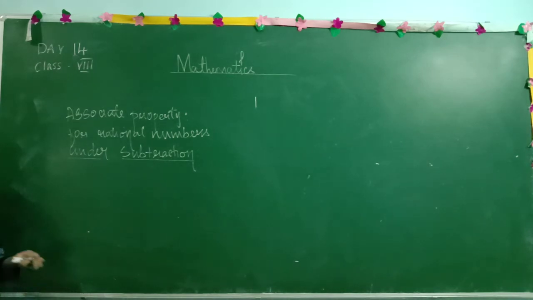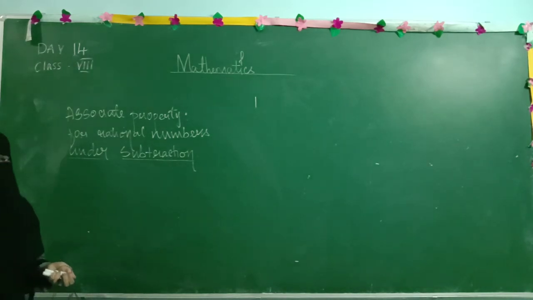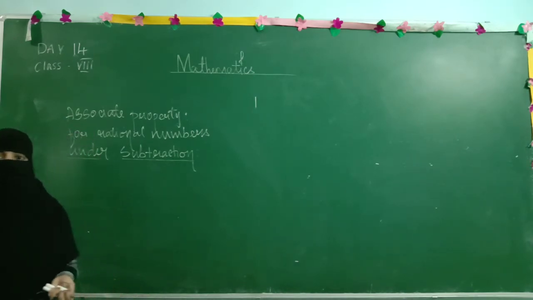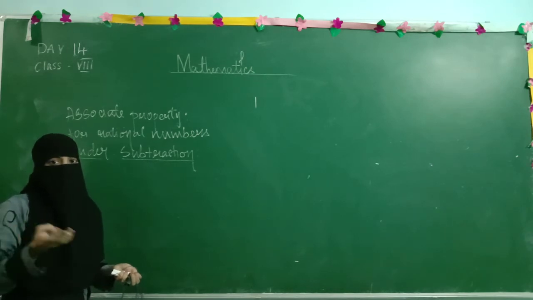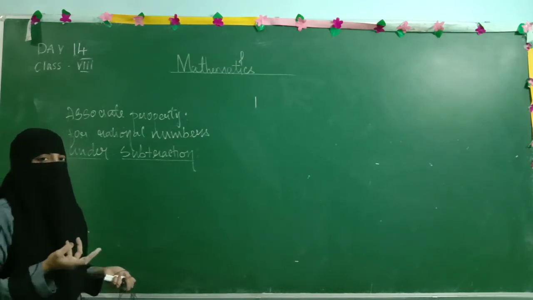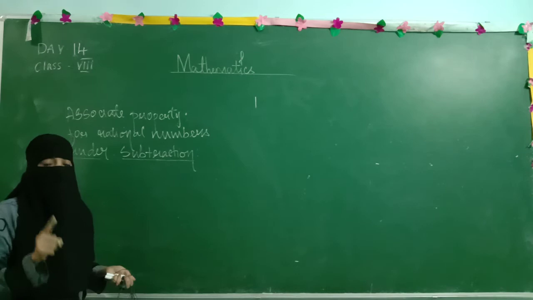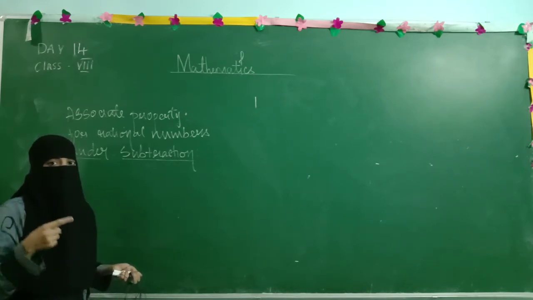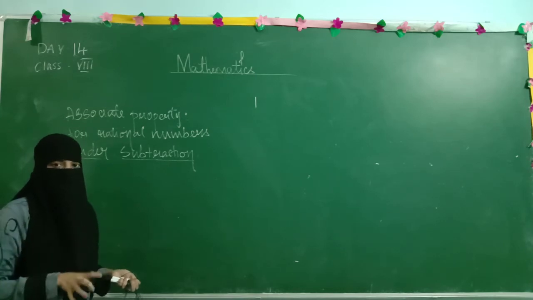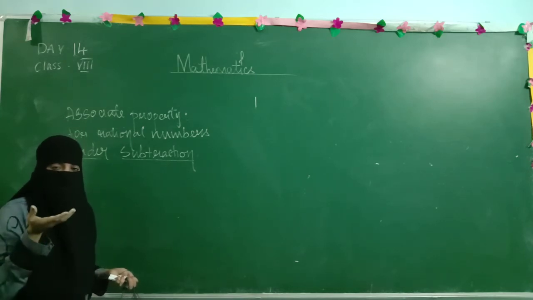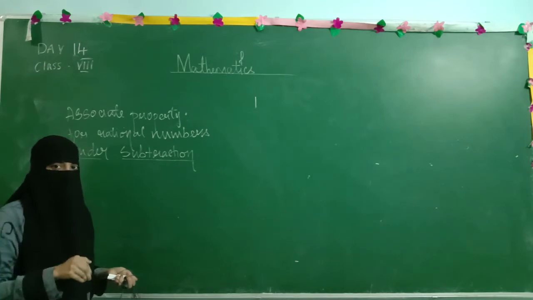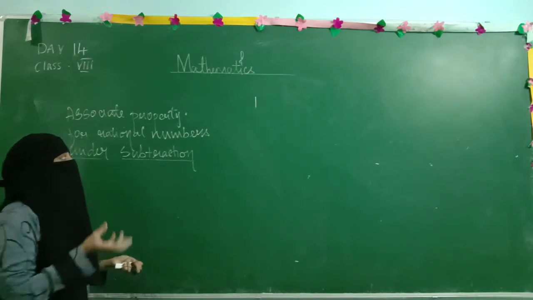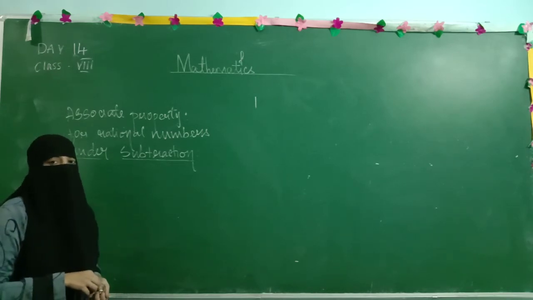Because in your previous classes, that is 6th and 7th, you performed this for whole numbers and checked whether the whole numbers are associative, commutative, distributive or not under all these 4 basic operations. In your 7th class you studied integers and verified whether integers are commutative, associative, distributive or not under all these basic operations. As your standard has increased, you are now in 8th class and your first chapter is rational numbers. So we are going to check whether rational numbers are associative or not.